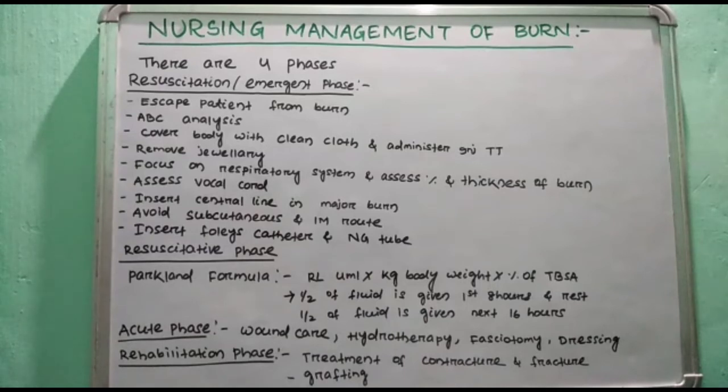Then there is dressing for the burn patient. There are two types of dressing: the first one is closed wound dressing and the other is open wound dressing. We always prefer closed wound dressing because the prognosis is better than with open wound dressing. Closed wound dressing prevents contracture formation, minimizes fluid and electrolyte loss from the patient, decreases the pain level of the patient, and provides support.